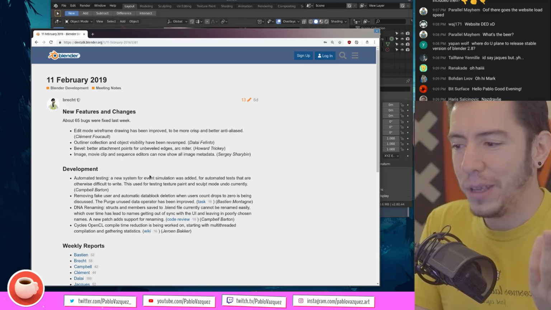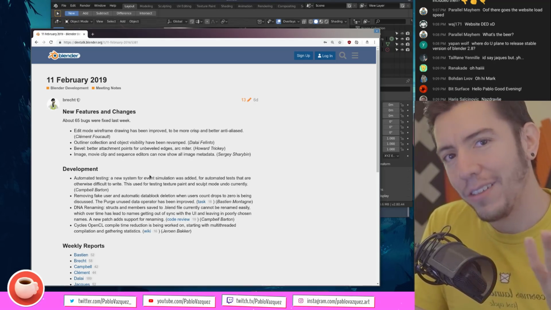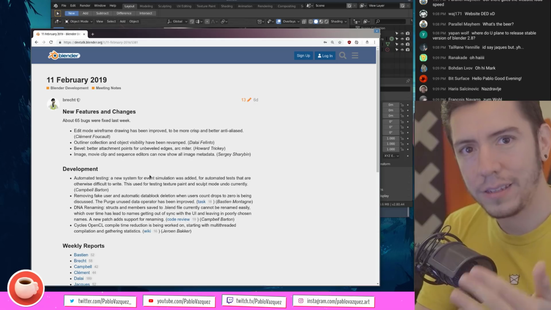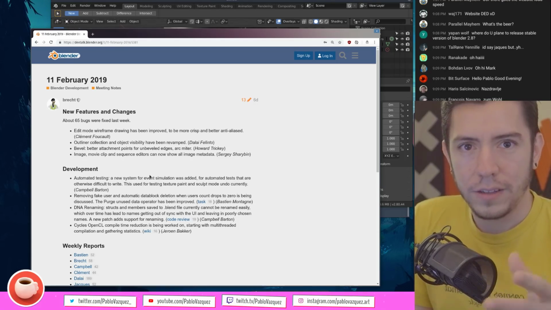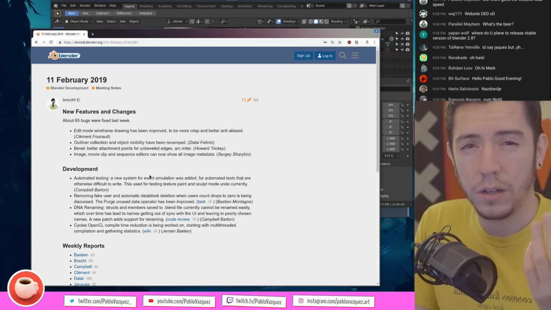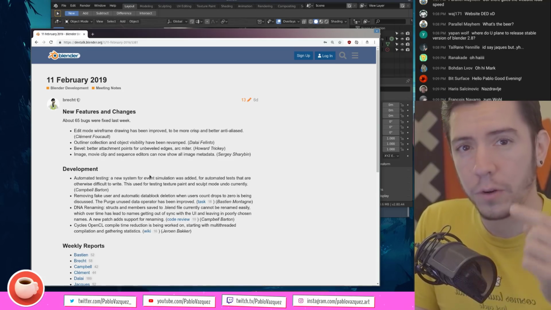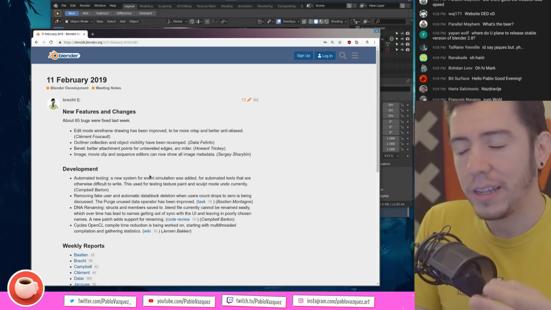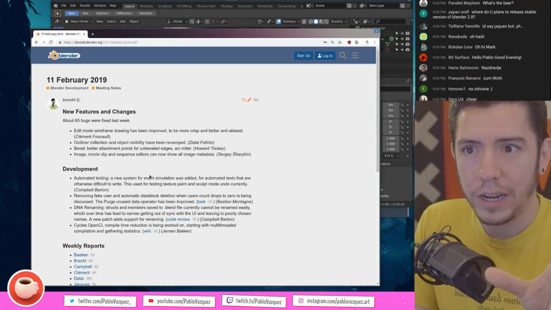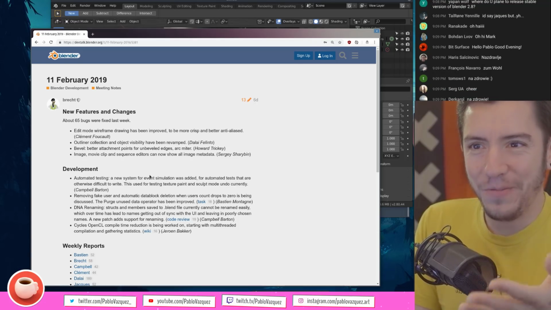So it can be very interesting. The reason why it was developed is to automate the testing of tools, and also the undo system got improved last week. And in order to test that and all the crashes that were related to undo,